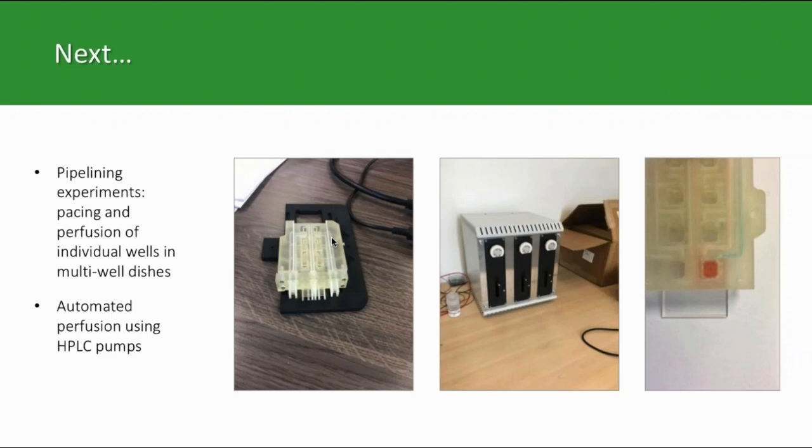What's next? As soon as you've solved the one bottleneck, the next bottleneck appears. What we're working very hard on now, and we're just delivering the first systems, is actually ways to do multiple dishes. If you have just a 35 millimeter dish and you have to take it out, you put the next one in, and you have to wait to let the cells settle down again. It will be much easier if you can just go from well to well,